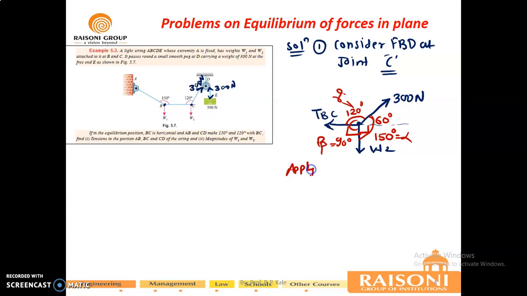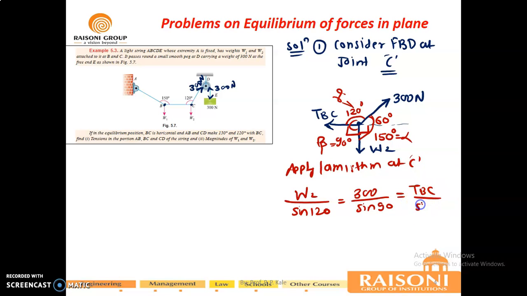Apply Lami's theorem at C. You will get W2 upon sine 120, 300 upon sine 90, and TBC upon sine 150. Comparing any two quantities, you will get the remaining two, that is unknown values. So comparing these two, you will get W2. So W2 will become 300 into sine 120 divided by sine 90. So you will get this as 259.80